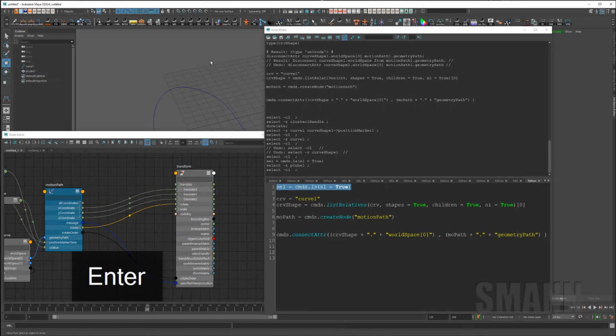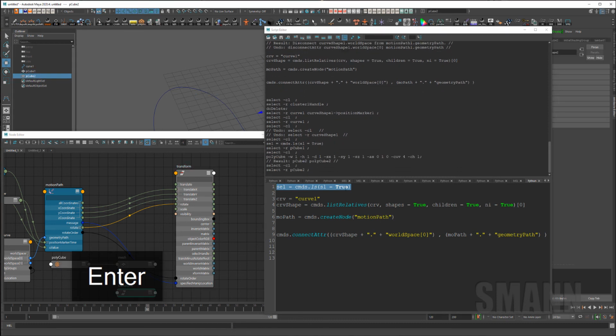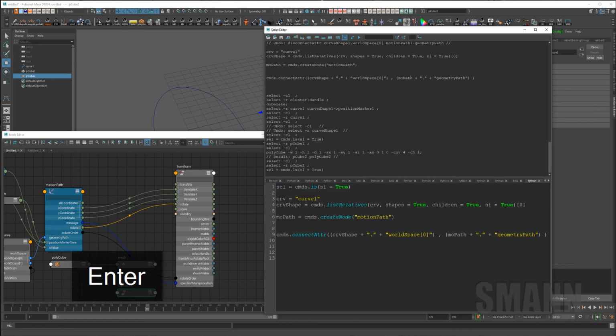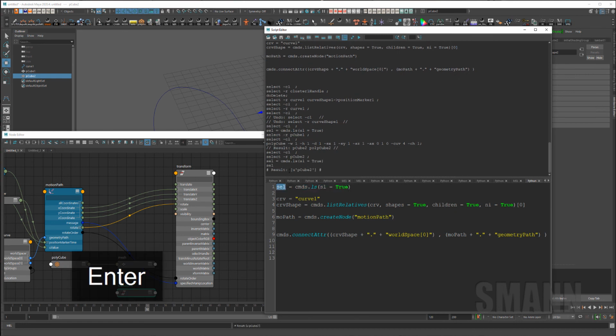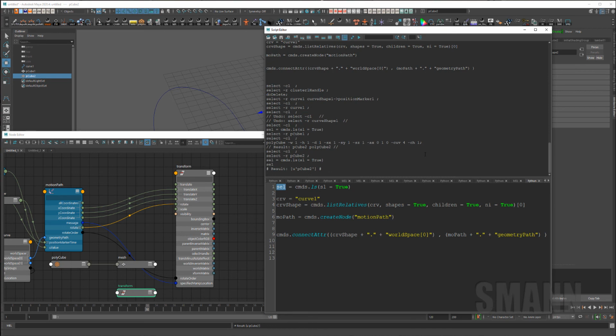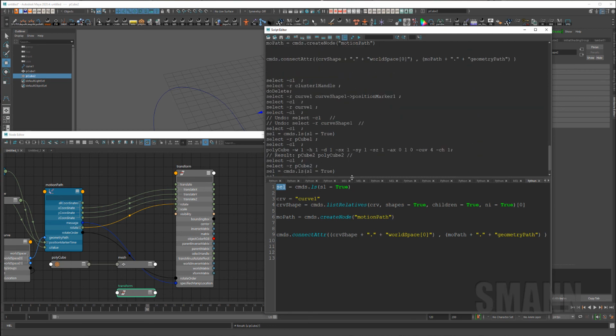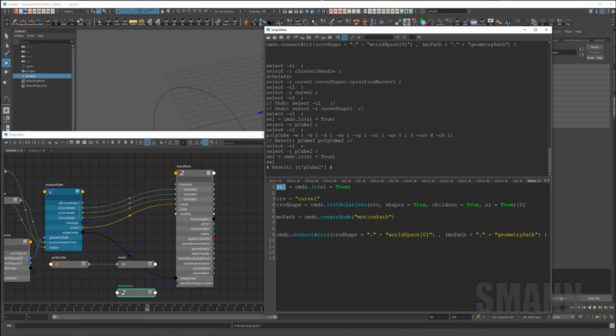Right now, there's nothing. So let me add a cube to the scene. I'll run this. And again, it's going to give me back a list. There's those brackets again. Let me make this bigger. Cool. So there's those brackets again to tell me I have a list. And that's okay, because what I want to do is work on a whole bunch of these objects. So then what I'm going to do down here,